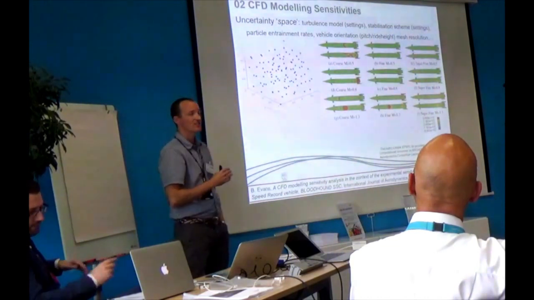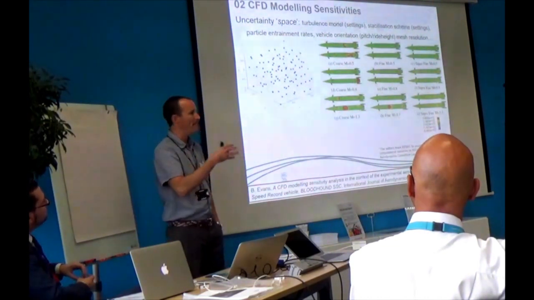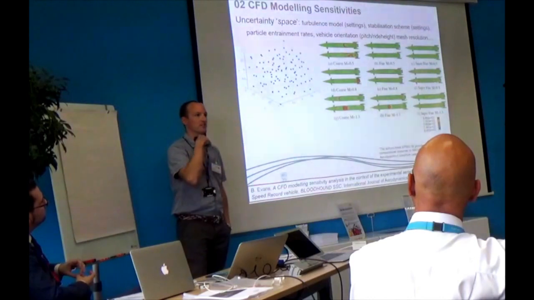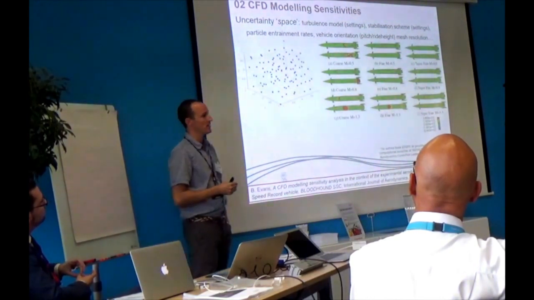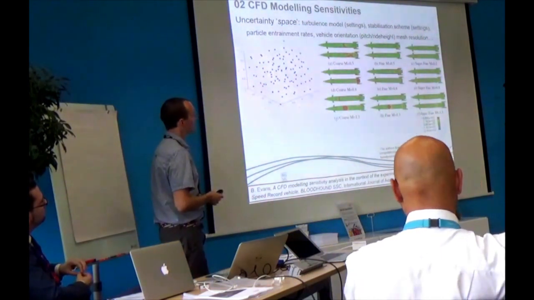And then other factors that we maybe understand a little bit better, like mesh resolution. To what extent does how well resolved your spatial discretization is in the model affect the results we get?